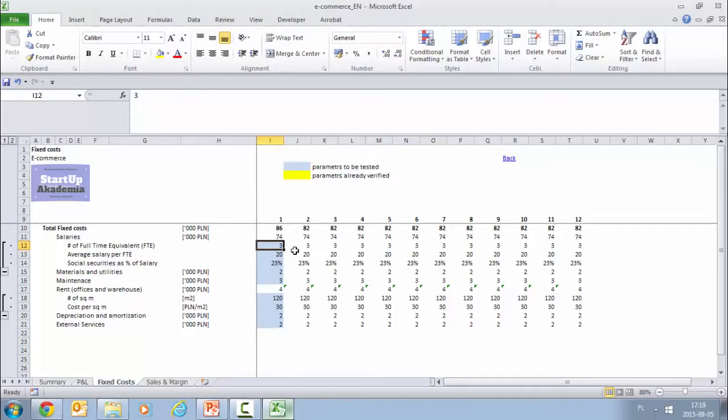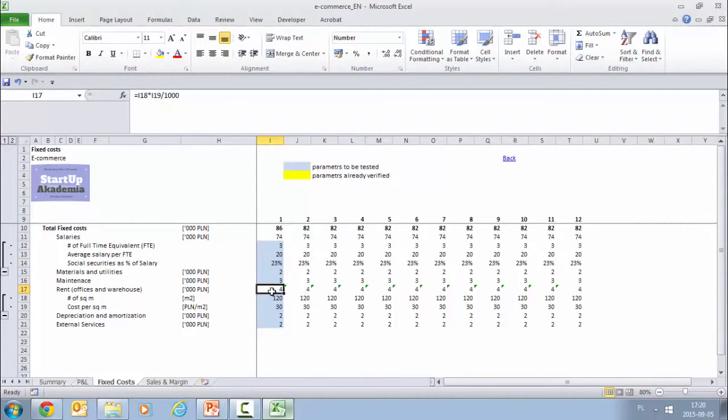Usually how you would estimate the cost is to translate a number of people into full-time equivalents. How do you do it? It's very simple. You just look at the number of hours they are working for you per month and divide it by 170. So if somebody is working 80 hours, it is roughly half an FTE. The total cost of salaries we get by multiplication of the FTEs, the average salaries, and then we have something which is very important in many countries, which is the social security. In the case of Poland, it constitutes up to 23%, and this is substantial, so model for this as well.